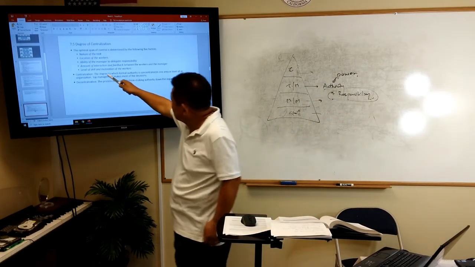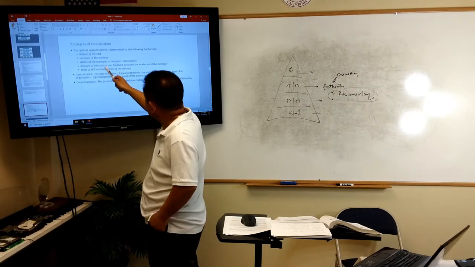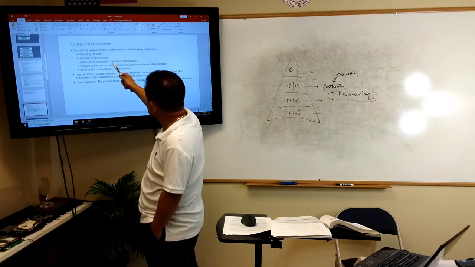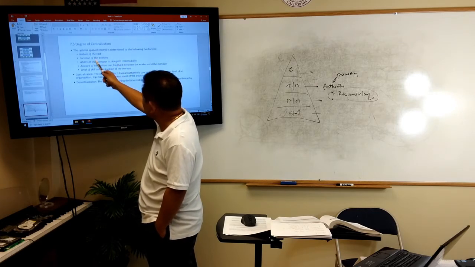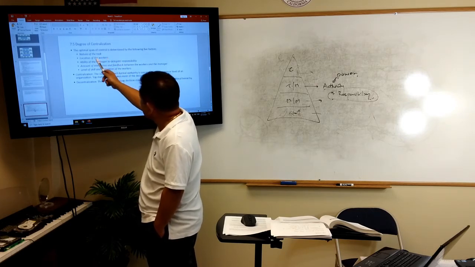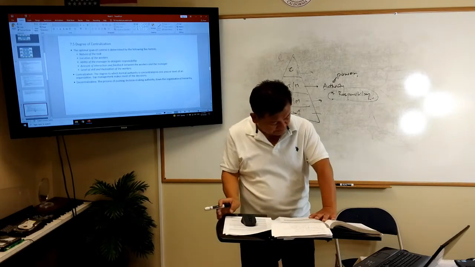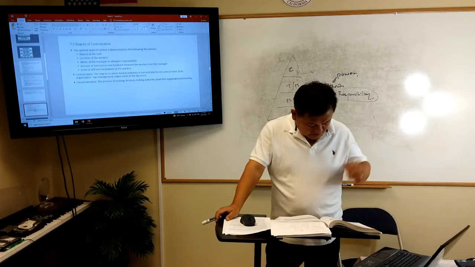Level of skills: narrow. Amount of interaction and feedback: narrow. Ability of managers: more wide. The location: narrow, more wide. The nature of the task: more narrow. Okay, so this is for